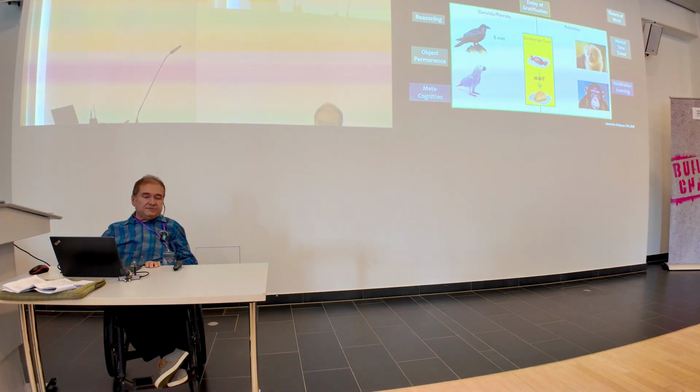And then you have 6 minutes for the raven, 15 minutes for one of these African greys. Okay, these are capuchins. Can't expect much more from them. But chimpanzees, 4 minutes. So that looks a bit bad for the primates, but there are other aspects of delay of gratification, other test procedures where it is a little bit more even. So the beauty here is that we could come up with a conclusion that birds, corvids and parrots on one side and primates on the other side do not show a systematic difference.